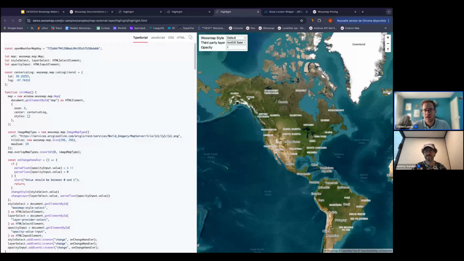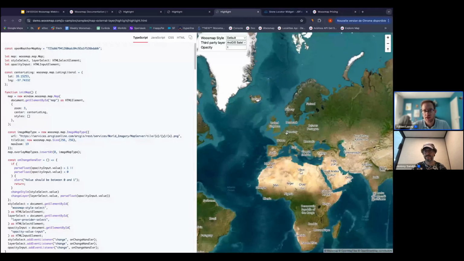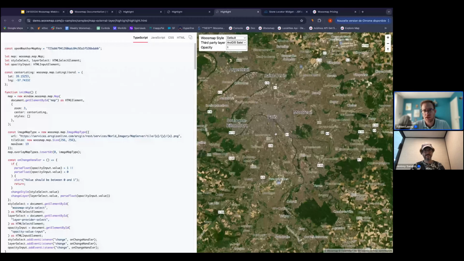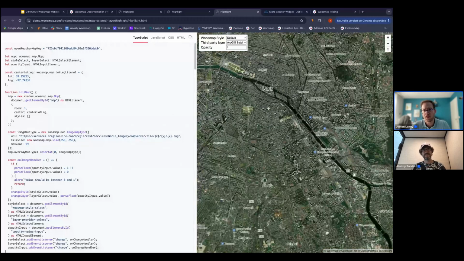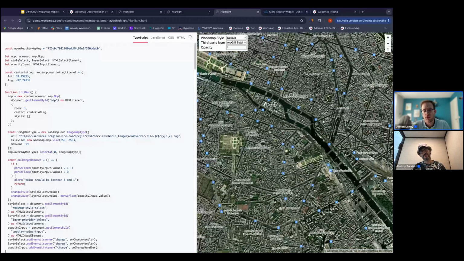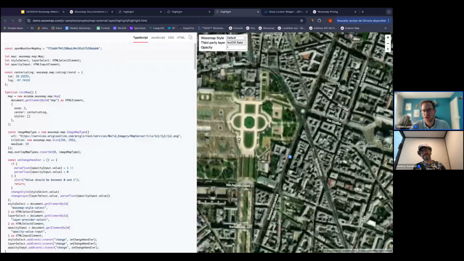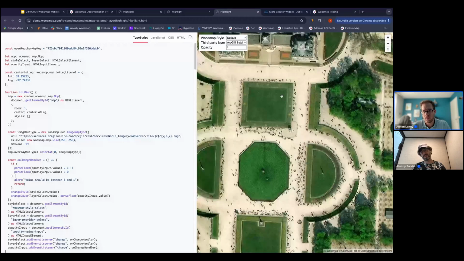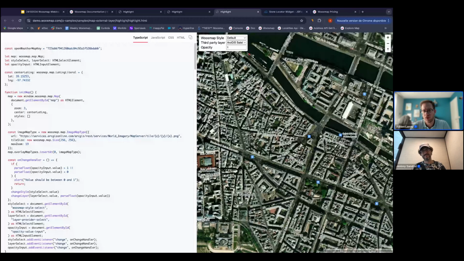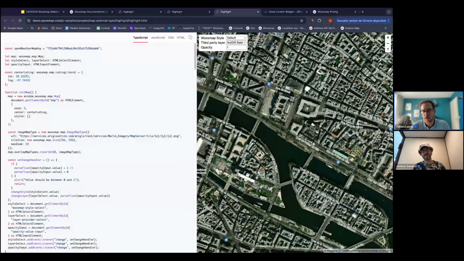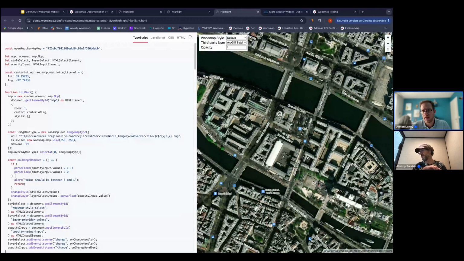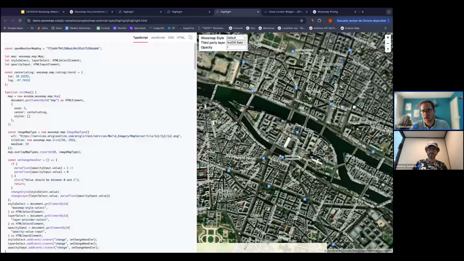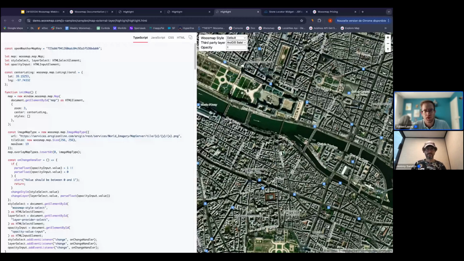So yeah, as I said here, we load the satellite images on top of the Woosmap map. This is an open source and free satellite image. You can see the resolution of the image. It's pretty good, okay? Here I'm zooming in on Paris, and yeah, it's pretty good. It's very useful, for example, in the real estate use case, or even a travel use case, when you want to check the nearest area of a hotel or something